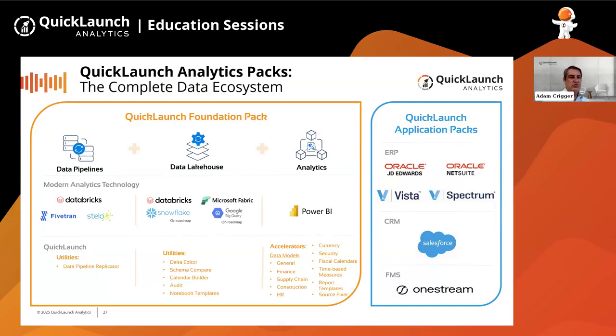So now with our 2025 go-to-market strategy, we're saying, let's take what we've done well in the ERP space. And outside of that, you can see with things like Salesforce and now with the FP&A with OneStream, how do we take that and apply it and provide these things that we use internally and our customers start to use and make them available for all customers.